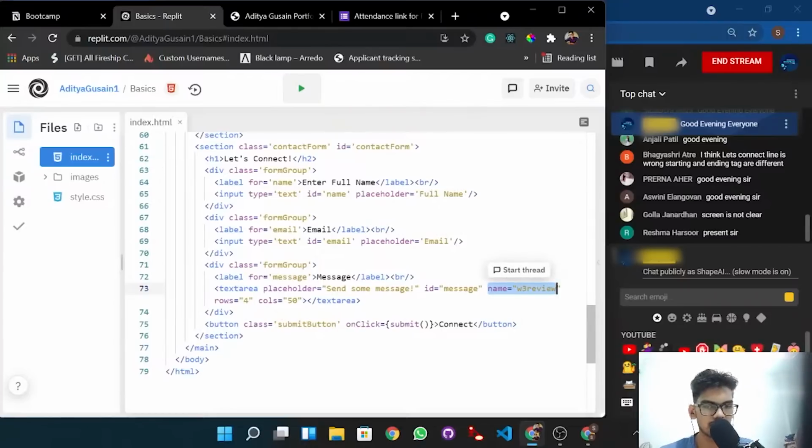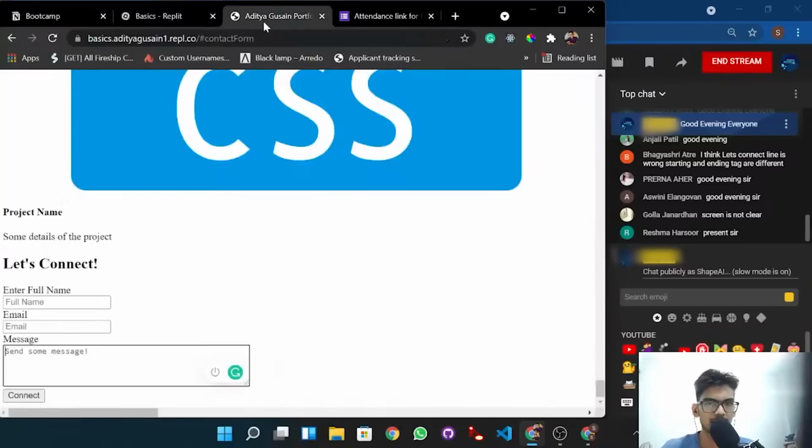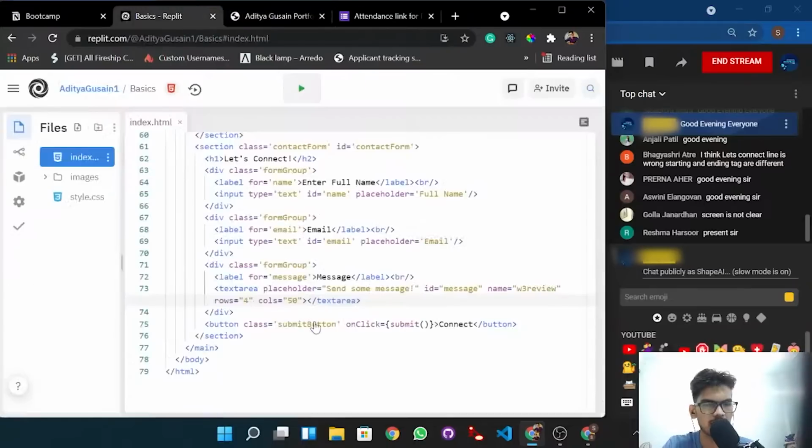And then we have row and column. What do rows and columns depict? Rows 4 means that I want the default number of rows to be 4. So you can see 1, 2, 3, 4. 4 lines I'm getting. This is because of the attribute which I specify in the text area, which is rows, and